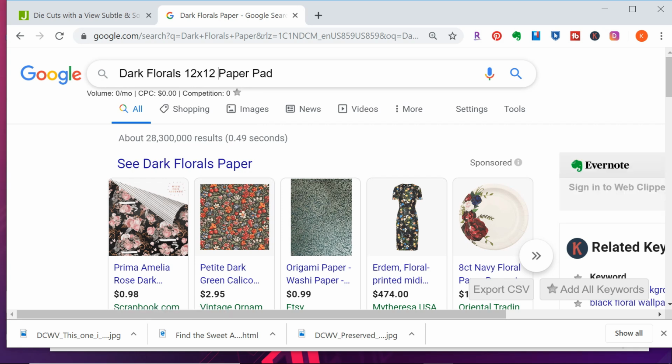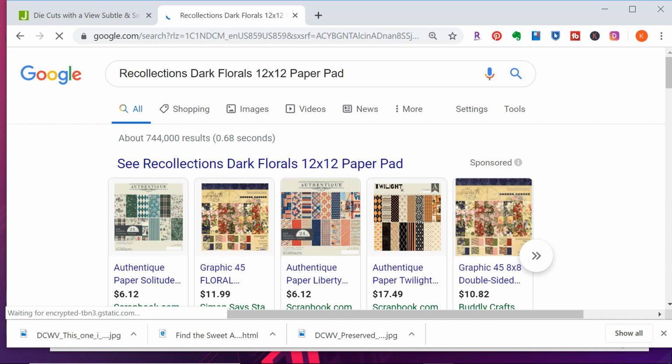You can use 12 by 12 if you're looking for a 12 by 12, use 6 by 6 if you're looking for 6 by 6. Put more descriptions in there. Make sure you put the brand if you know what it is, because that's going to really limit the search and give you better results. So the more things you put in there describing what you're looking for, the better your results are going